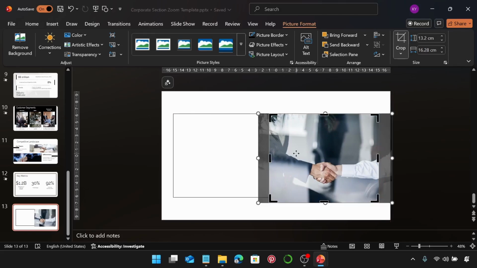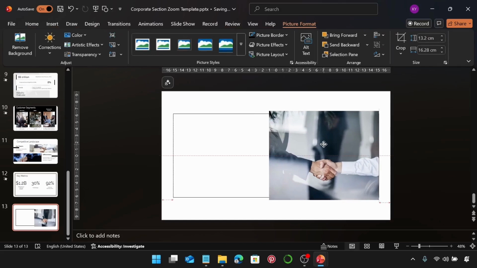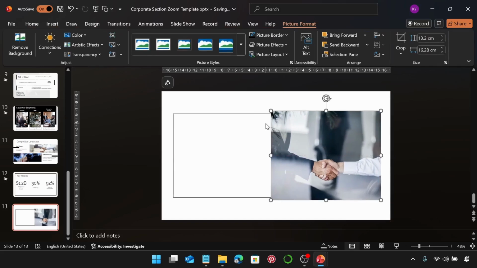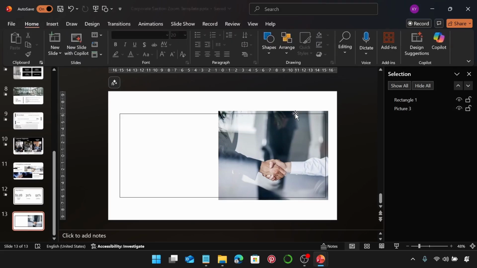So that I can have something like this. I'm just going to click on escape and I'm going to align this image to the center. Now what I'm going to do is, I'm currently in the picture format and there's this option here that is a selection pane. Go ahead and select it and then bring the image below the rectangle like this. So what I'm trying to do now is have equal spacing on this side, similar to what we have here. So I'm just going to use my arrow keys to move this image a little bit to the right,